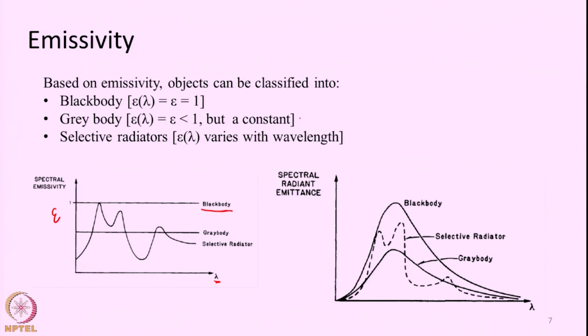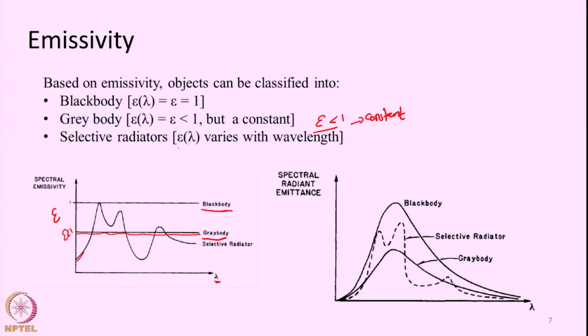There are certain classes of objects for which emissivity will be less than 1, but it will be constant throughout under all wavelengths of our discussion. Such objects are called grey bodies, that is here like this particular line. The emissivity is less than 1, at the same time it is not varying with wavelength, it is a constant line. Such objects are called grey bodies,